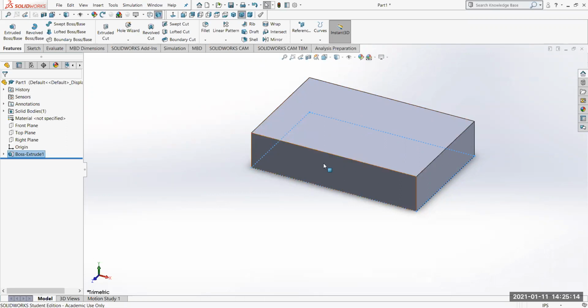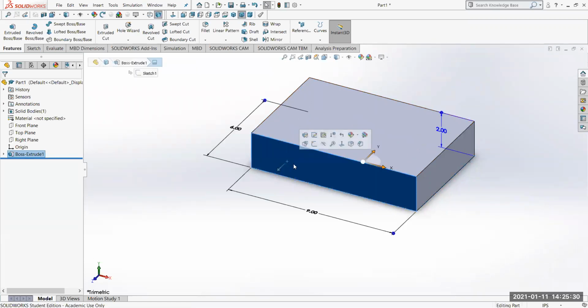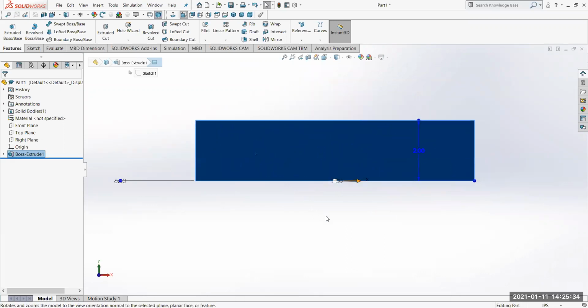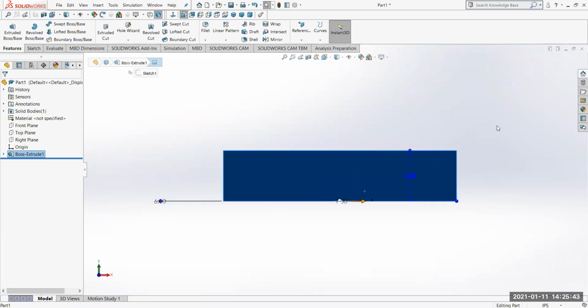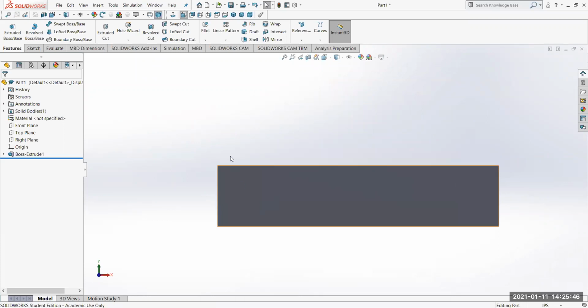That's one way. We could go to the front view here and create the piece and extrude it back and then cut the middle out. That's one way to do it. I think most of them take about the same amount of time and effort. So I'm going to go to the front view here, and let me just zoom in a little. Mouse is going a little crazy here. Okay, so I'm going to make that